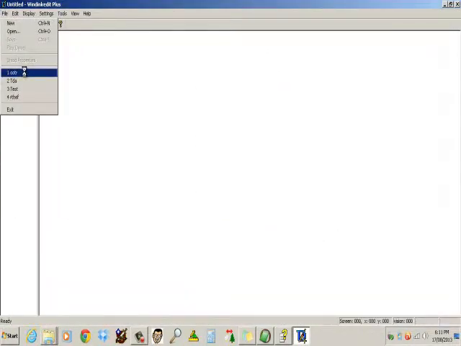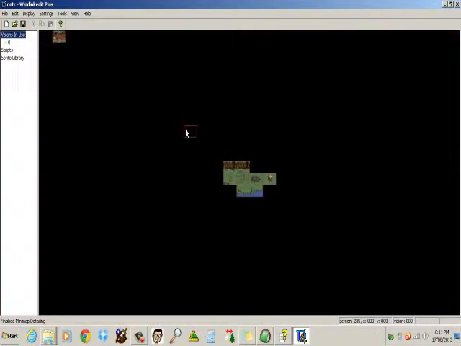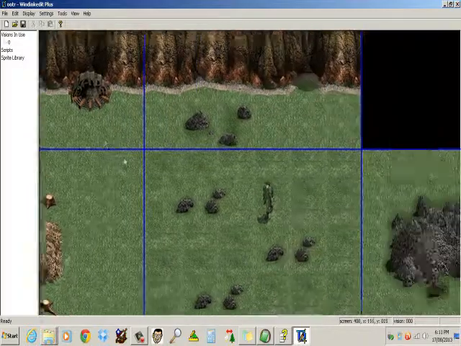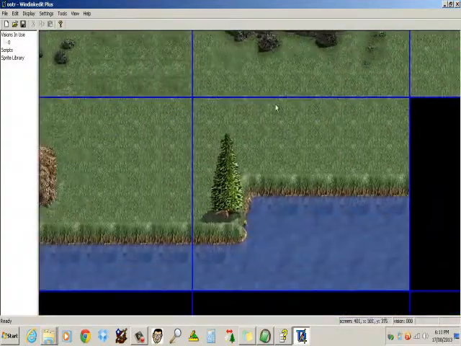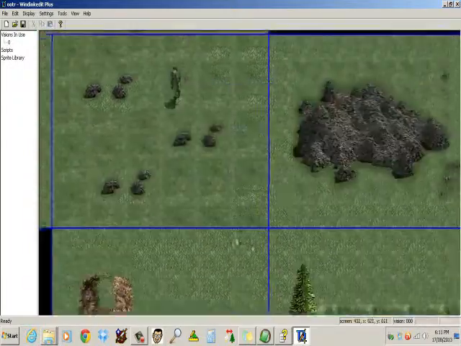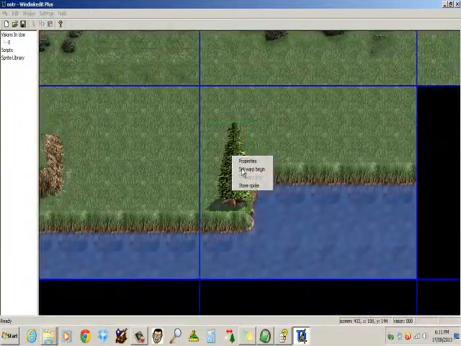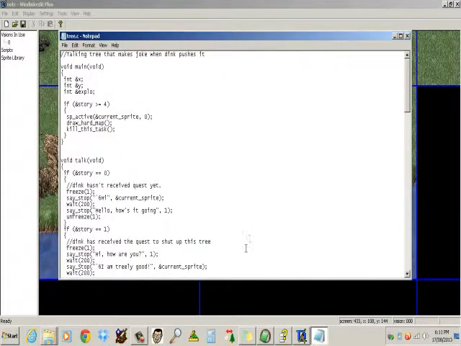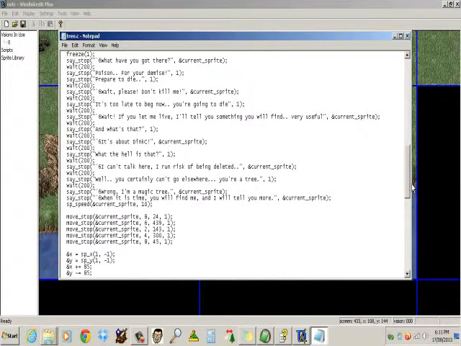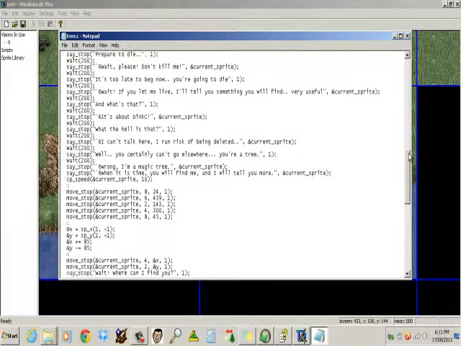So let's open Orbs of the Realm, or OOTR, the Dmod we've been working on throughout the tutorials. I think the last thing we did in terms of development in this tutorial mod was this tree here. To recap, the green guy wanted us to take out the tree. We got the tree poison. We came back and talked to the tree, and